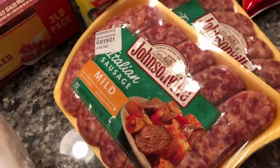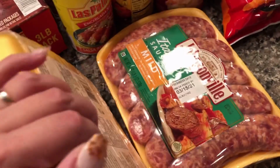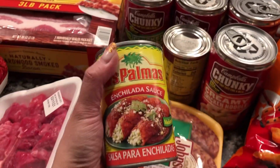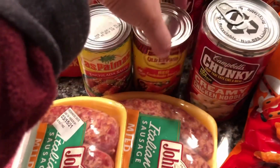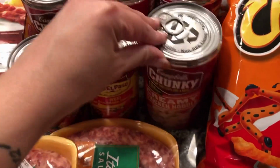And then here we have some Italian sausage. My husband likes to make these meatballs with spaghetti and he puts this Italian sausage and it was really delicious. I pick up some of this red enchilada sauce. My husband wants me to make him chicken enchiladas, so I pick up some sauce and I would make those